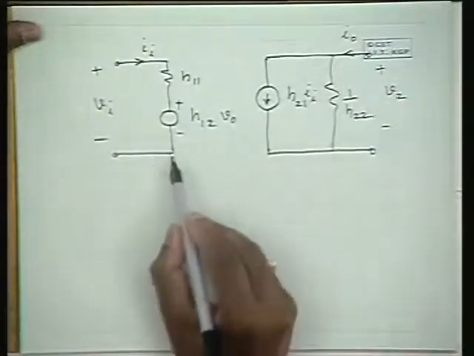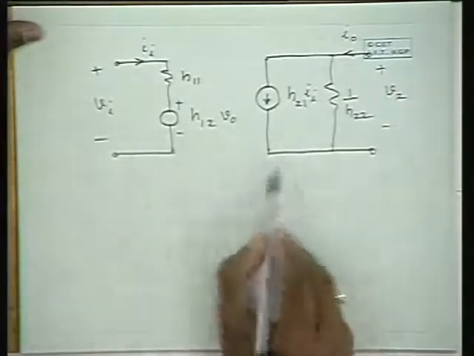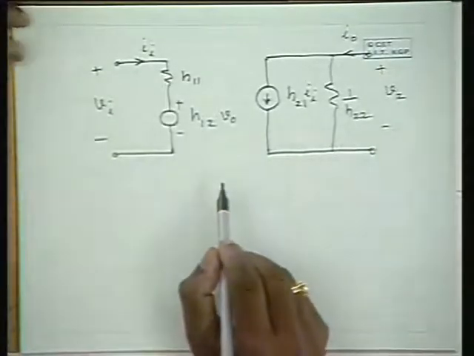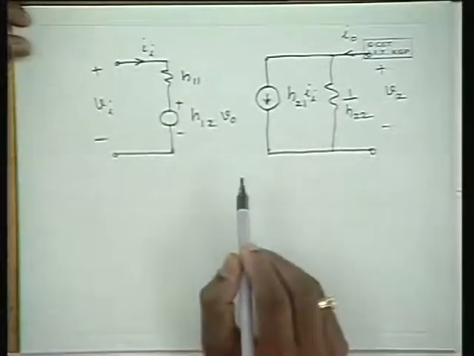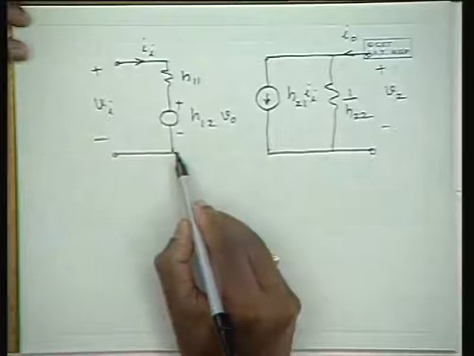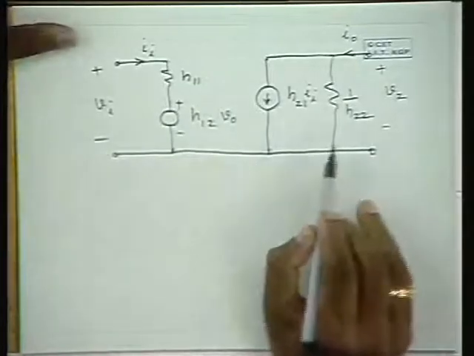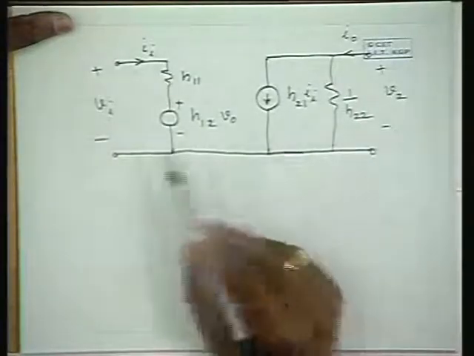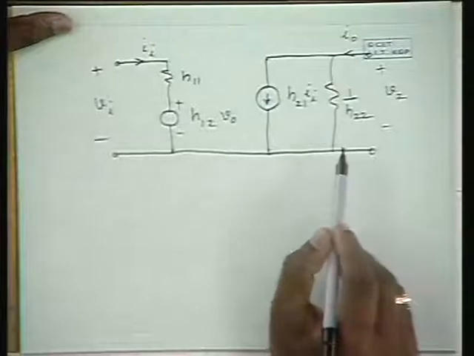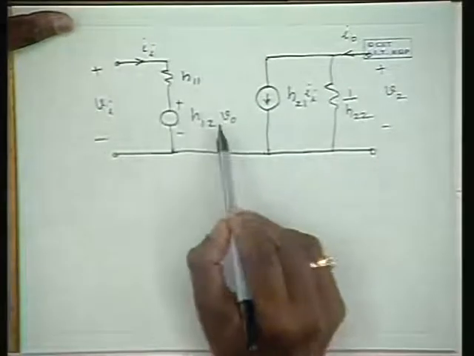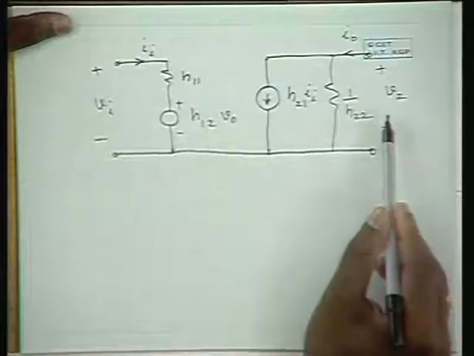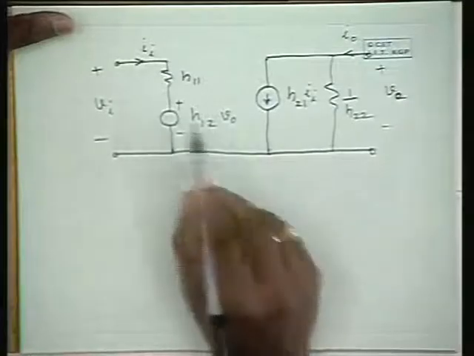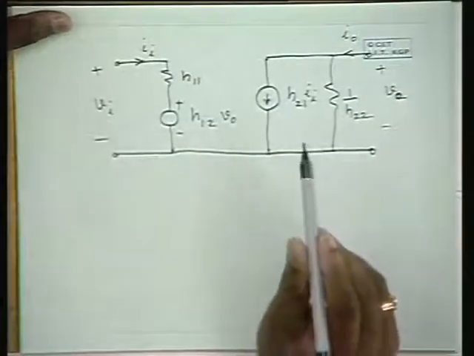Now, one of the terminals is usually common to both input as well as output, which is the case in many circuits and particularly transistor circuits, so there is a connection between them. If they are not common, of course, these two are isolated in the diagram itself. Because it has dependent voltage sources which are related to the output voltage and input current and so on, they are related, they are not independent.